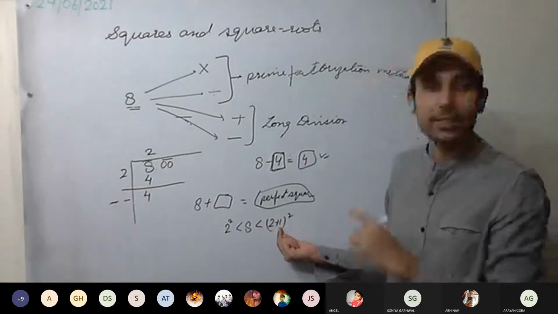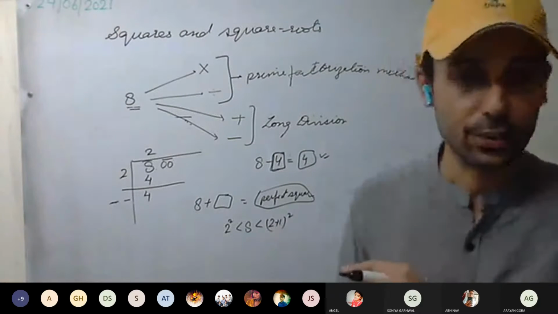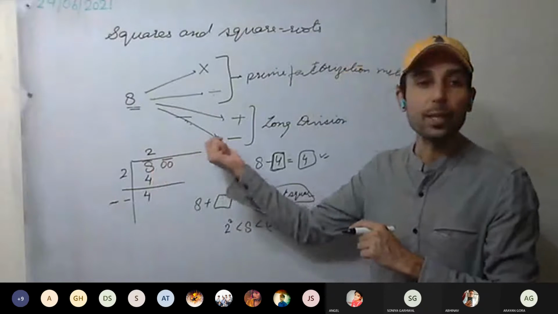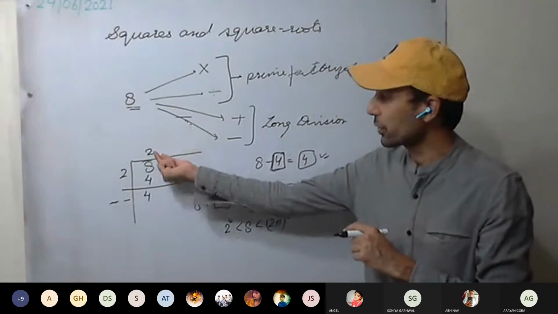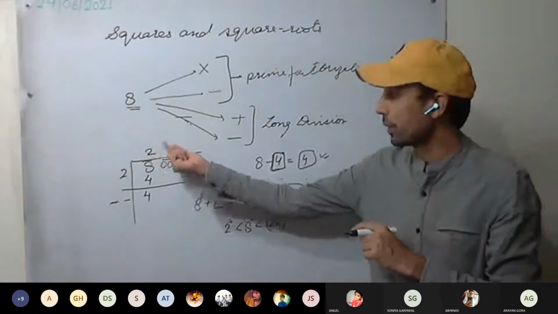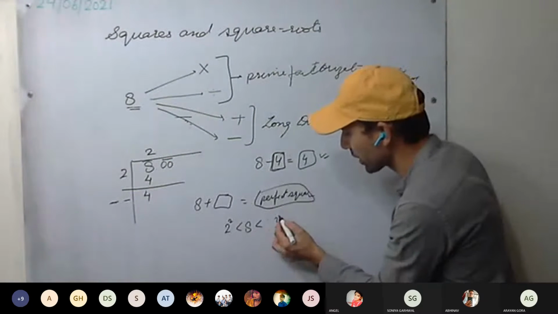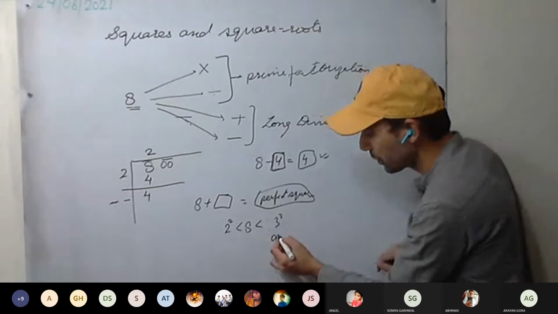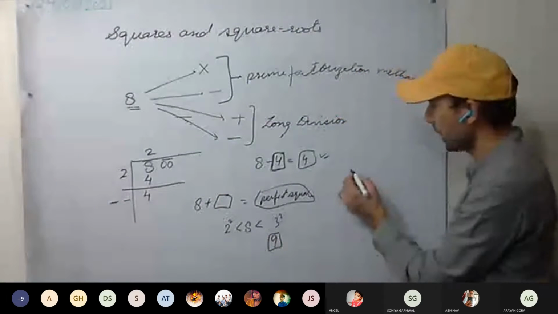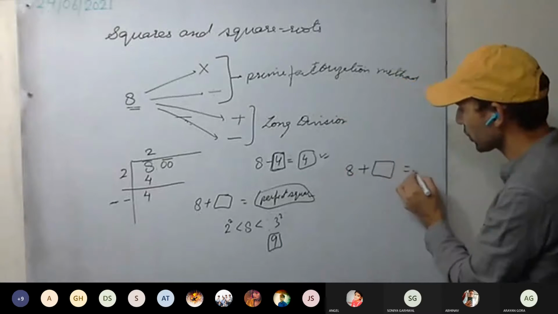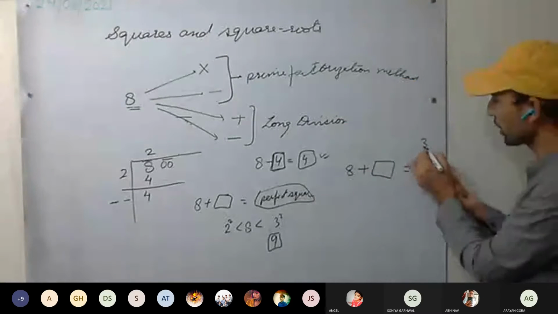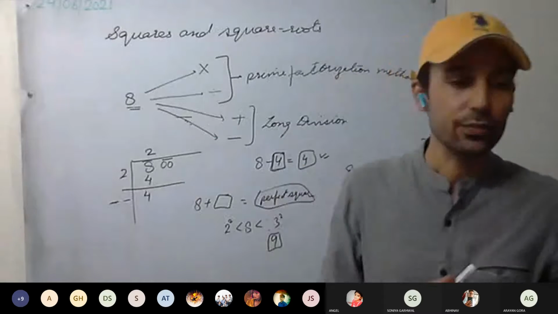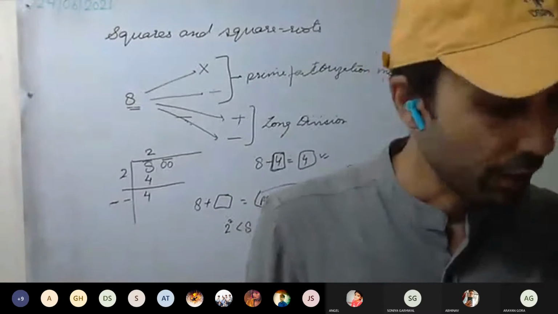3 square. This question we will do in detail in questions 18 and 19 as well. So 8 lies just above 2 square. If we add something to it, it will become a perfect square, the perfect square of 3 square. Yes or no? So how much will it be? 9. So what is being added so that it becomes 9? 8 is there. What is to be added to it so that it becomes 9? 1. So 1 is to be added. And this we will do again in the 18th and 19th questions. Okay. Read the 18th question.